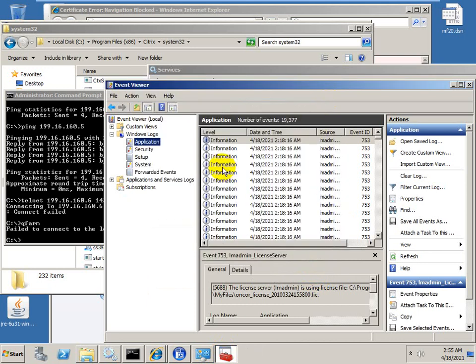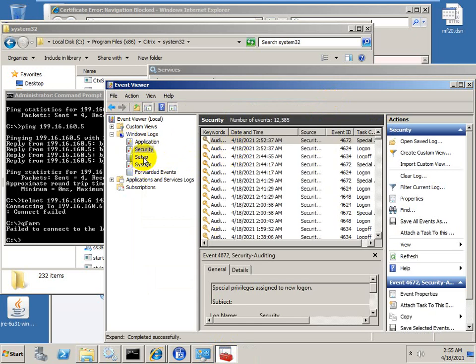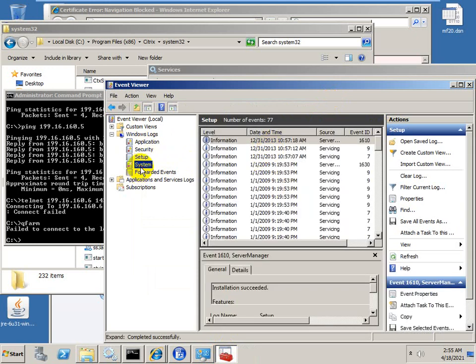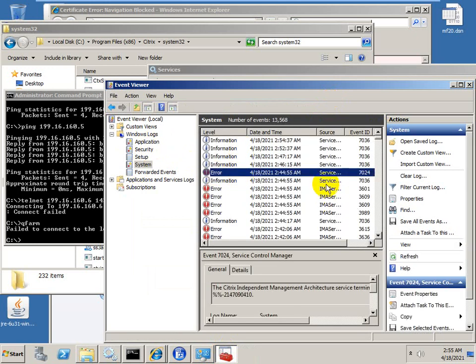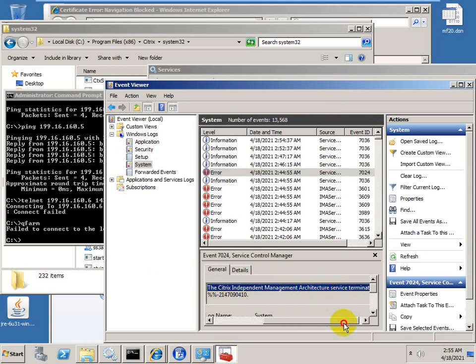So just closing this. No error here. No error in the setup. No error in the System. You can check: Citrix IMA service terminated with specific error code. This one.